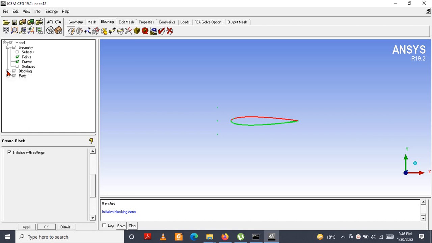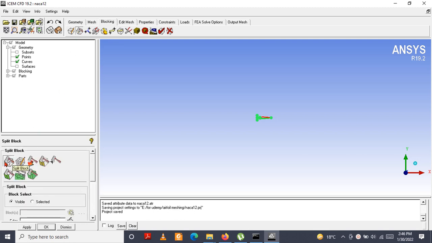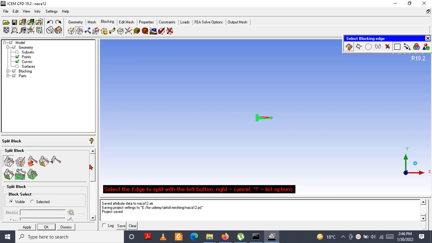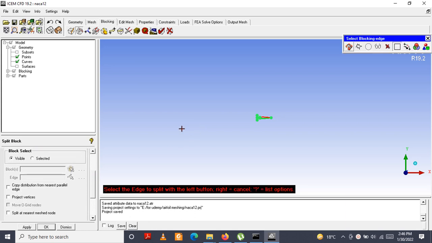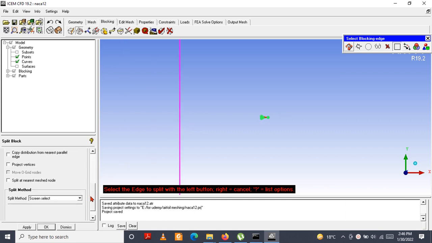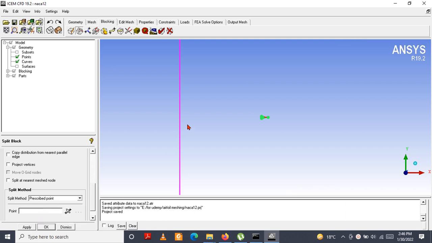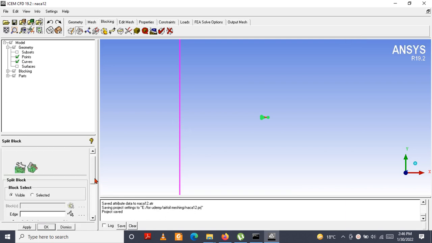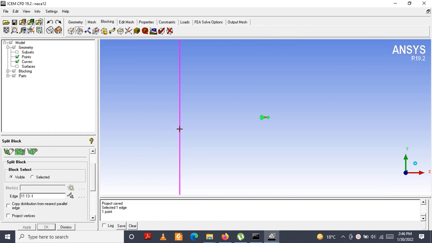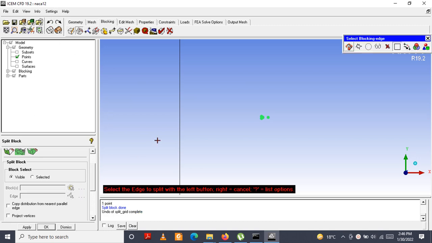So first you save all this, and now go to the split block command, select split block, now select the edge, select the edge, select this vertical edge, go back. Now select this vertical edge,